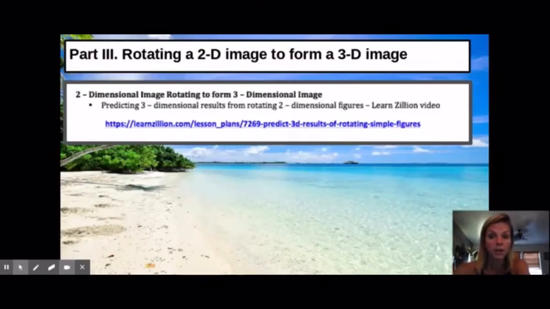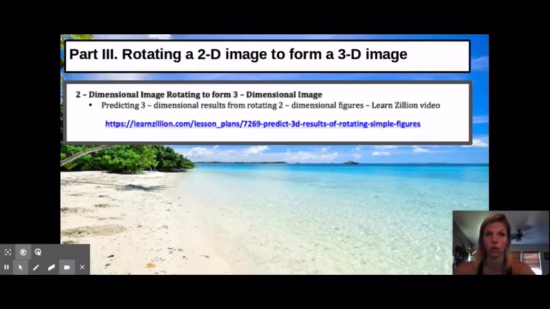All right, the next part here is what if I have a two-dimensional image and I want to rotate it to form a 3D image? So you can click on that link. Essentially, it's going to show you a separate video on how if you take a 2D image and you rotate it, what three-dimensional image will it be? So this is where you guys that are artsy and can see stuff in your head